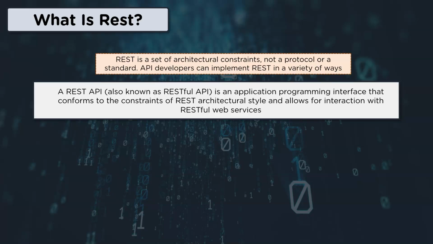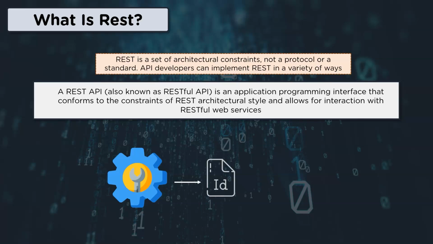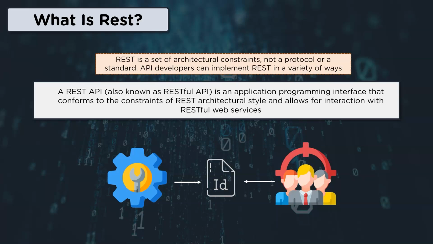Now, to help you understand this better, in REST architecture, APIs expose their functionality as resources which are any type. It could be a service, it could be data, or an object that a client can access. Right? So every resource comes with a unique URI or a uniform resource identifier that a client can access by sending a request to the server. So whenever a client calls a RESTful API, the server will respond with a representation of the state of the queried resource. So common REST implementations utilize HTTP methods. It could be get, post, put, delete, patch, etc. So this was about REST API.